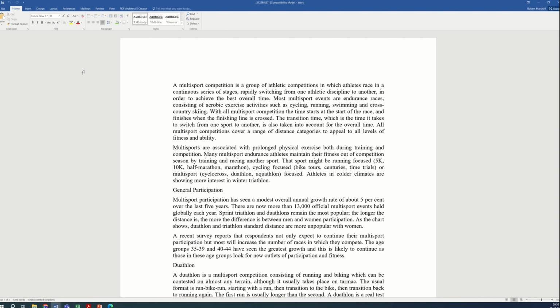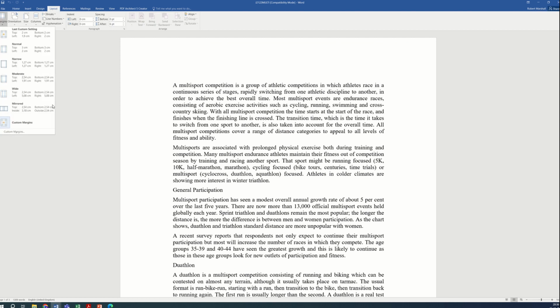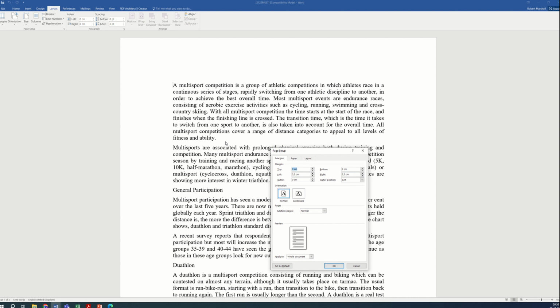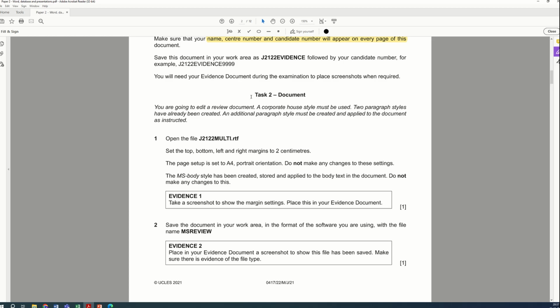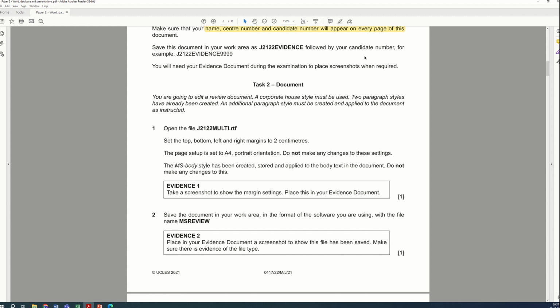So to do that, you go up to layout, we'll click on margins and custom margins. Okay, and then now just change each of the top, bottom, left and right margins all to 2. Okay, and you can see the margins have gone smaller. Once that's completed, we can move on. So I'll just highlight this